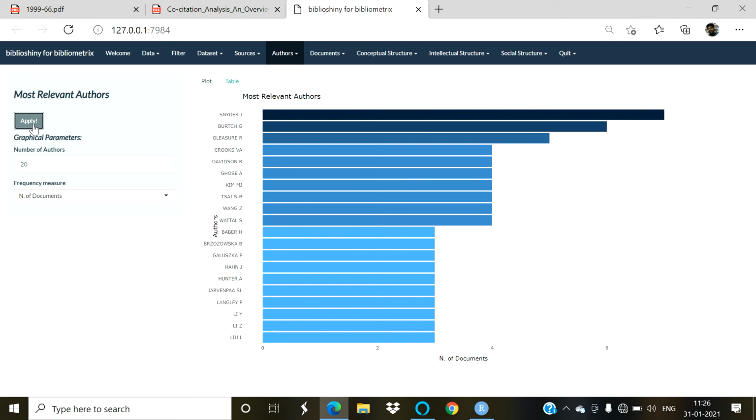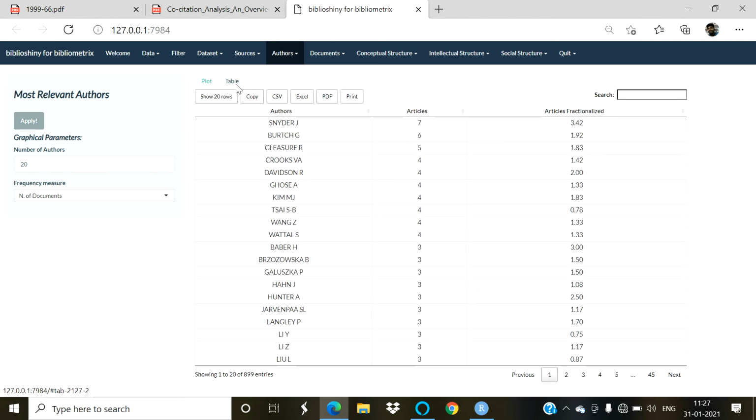For me, it is very important that I have knowledge of all the authors who are highly involved in the field of crowdfunding, because citing highly involved authors, journals and documents increases the chances of the publication of your paper. That's why this information is very important, and this information is actually called the descriptive analysis in the bibliometric analysis. You can download the table of the important authors from here.